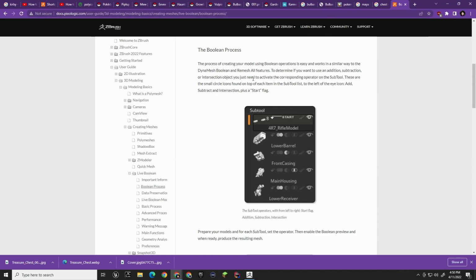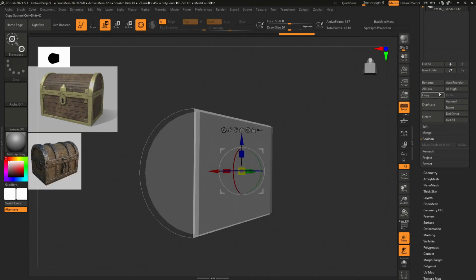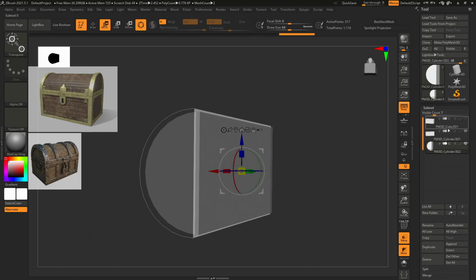You just need to activate the corresponding operator on the subtool. These are the small circle icons found on the top of each, oh, okay. All right, so if we come up here,